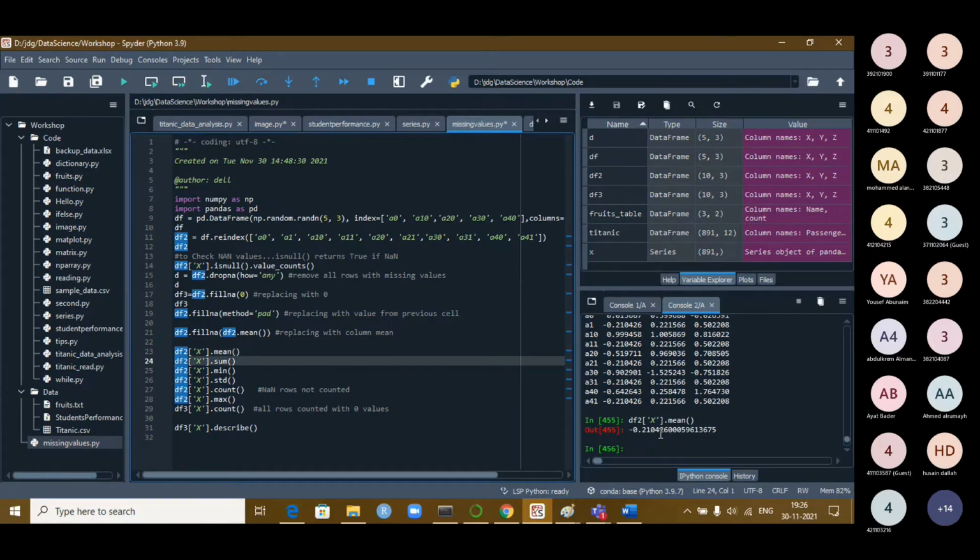You see 0.2104. So this is 0.2104. The column mean value will be replaced at every 0 place in each individual column. The same value is not repeated for all of them. Every column mean is different. So that column mean is replaced in the corresponding NaN position. This is the third method we have.